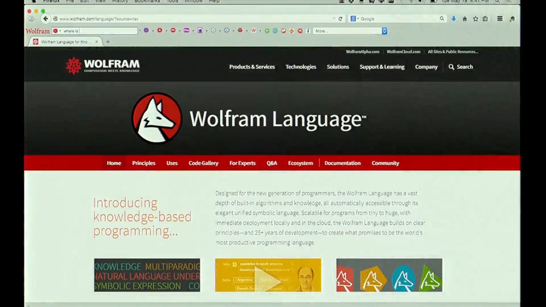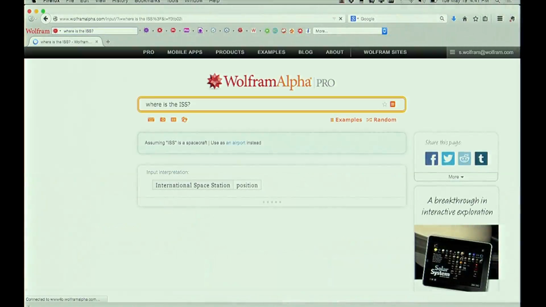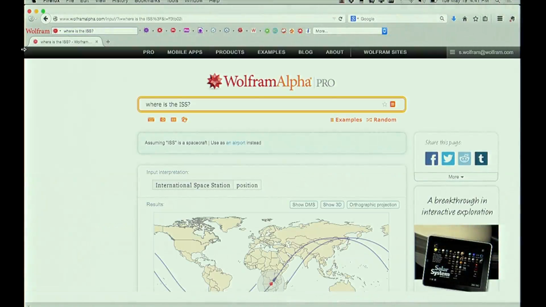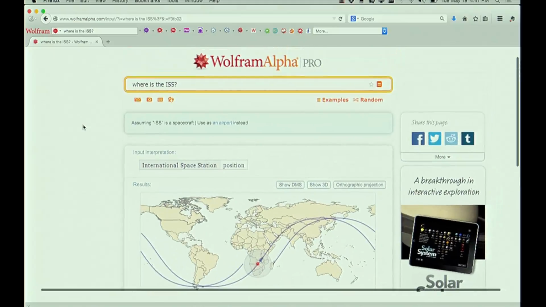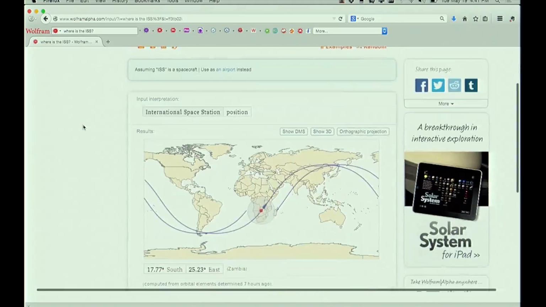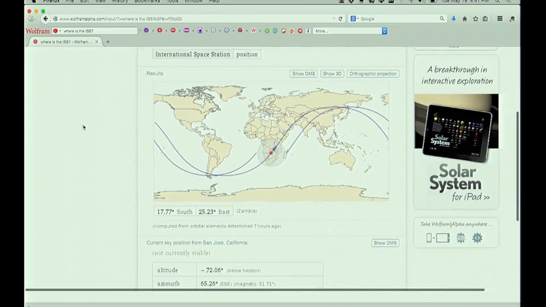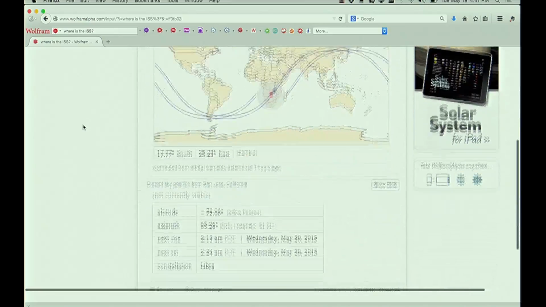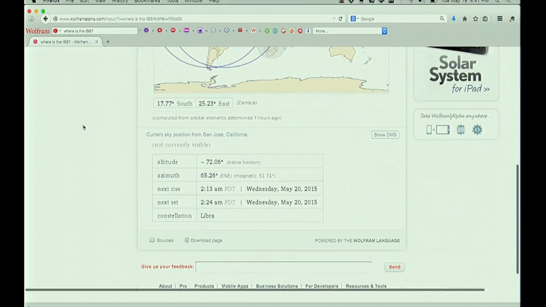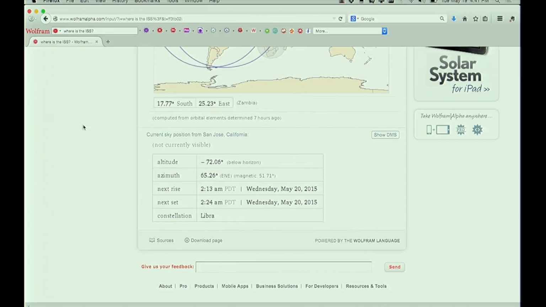One of the things that's happened in the Wolfram Alpha project, sort of the first step, is the idea that if I say "where is the ISS" or something here, we'll go to Wolfram Alpha and it'll hopefully work out the position of the ISS. The idea of Wolfram Alpha is you're typing natural language queries, and then we're going to the underlying computable data that we have, and also using all the methods and models and algorithms and so on that we have encoded that come from all different areas of science and engineering and other places.